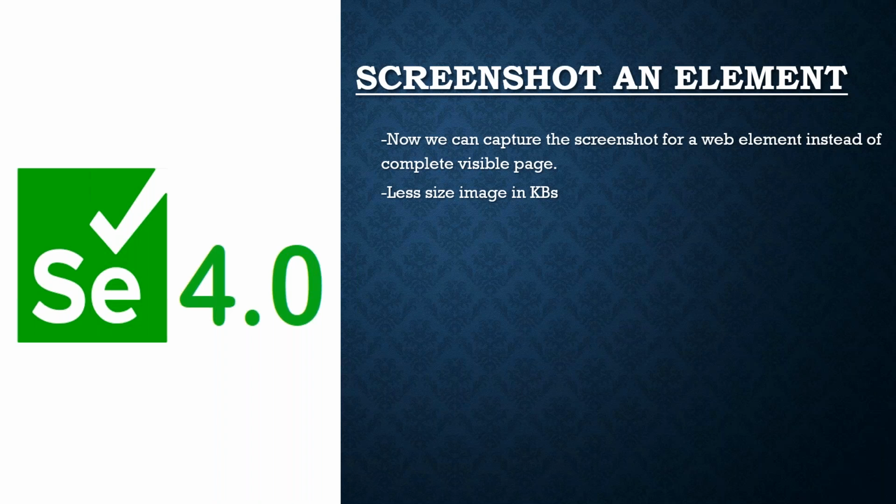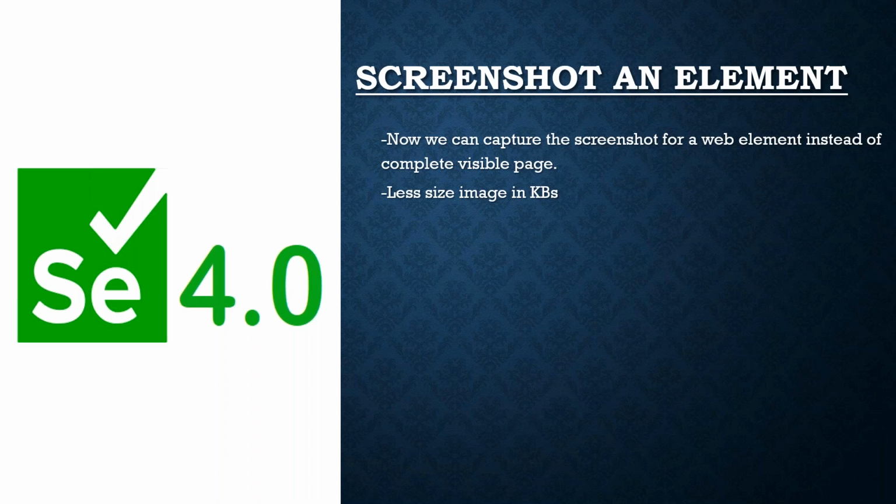What was the problem earlier? If you are using the Extent report, some people capture the screenshot in the report. If today you have 100 test cases, tomorrow you will have 500, then 1000, 2000, 5000. Your report size will increase if you keep adding big screenshots. Sometimes you will face challenges like your Outlook not supporting sending the report because the size is bigger. It's a bulky report. At that time you can face those challenges.